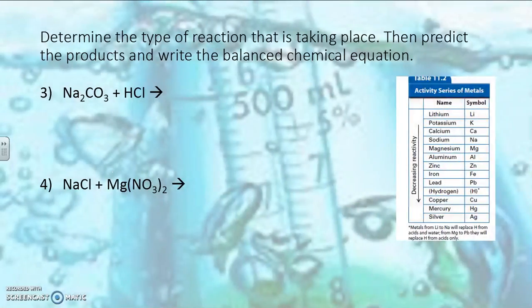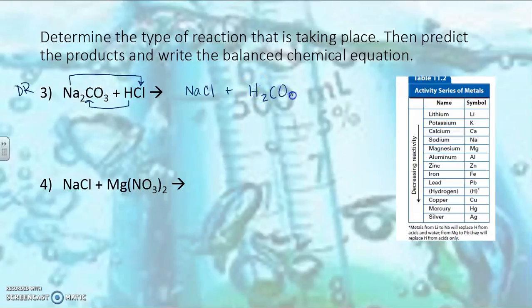Determine the type of, okay, still the same thing. Na2CO3 plus HCl. Look, that looks like a double replacement reaction, right? Double replacement. So the Na is going to take and attach itself to the Cl, and the H is going to attach itself to the